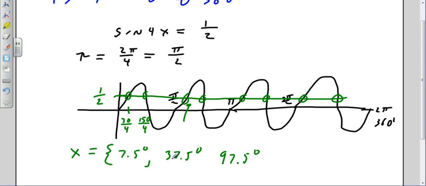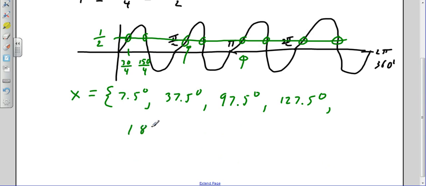He's going to be 37.5 degrees after 90, so he's going to be 127.5 degrees. Okay, next guy is going to be 7.5 degrees after 180, 187.5 degrees. The next guy is going to be 37.5 after 180, 217.5 degrees. And the next guy is going to be 7.5 degrees after 270,